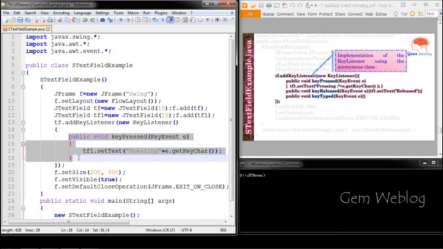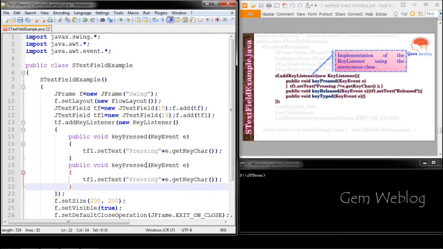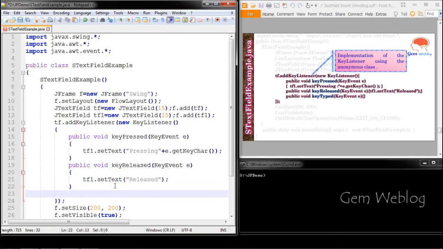Now we are going to keyReleased, where it will just say "released". We are not writing any code for keyTyped, since keyPressed and keyTyped look the same, so we didn't write anything with respect to keyTyped.